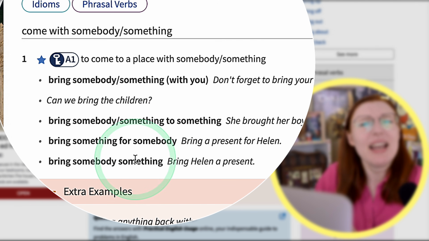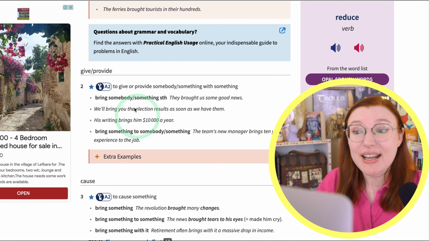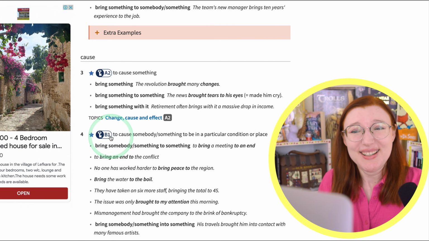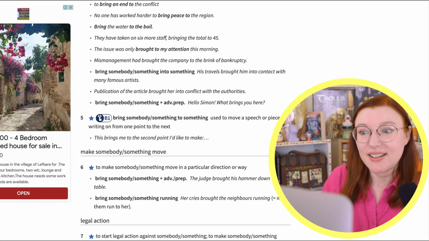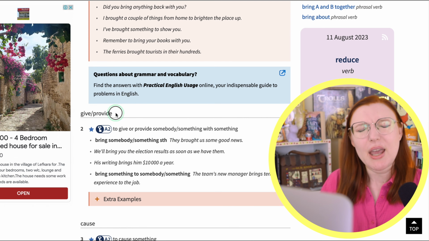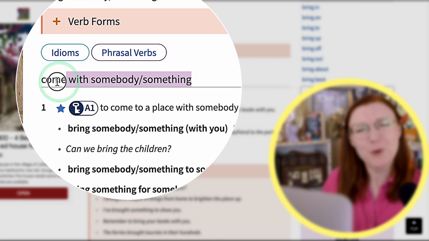Usually it's something like collocations. Every meaning of this word has a different level. It happens. Some uses are just more common than others. A really useful thing I wanted you to pay attention to are these little categories. With them, you can find the exact meaning you're looking for very quickly.